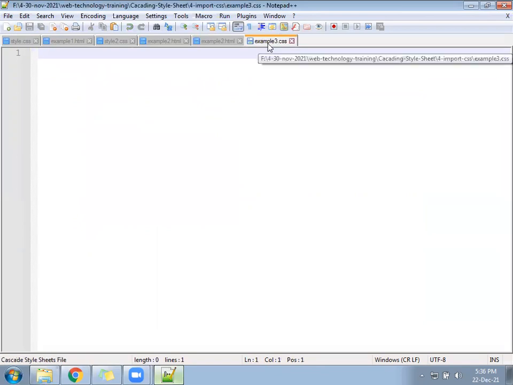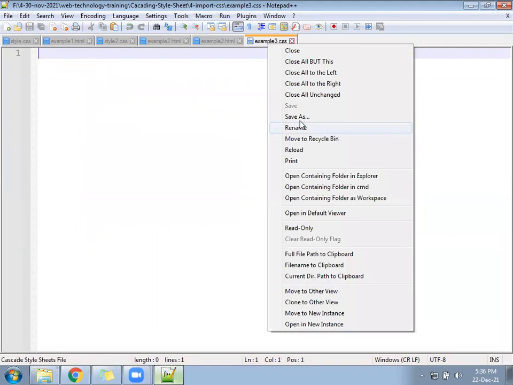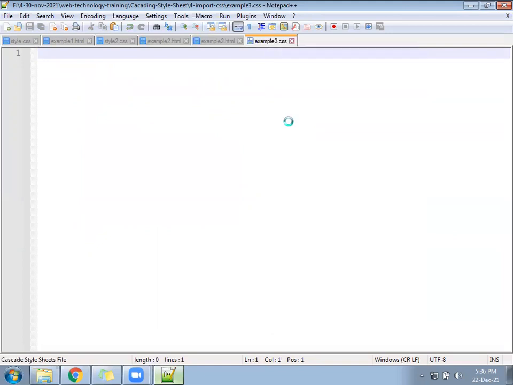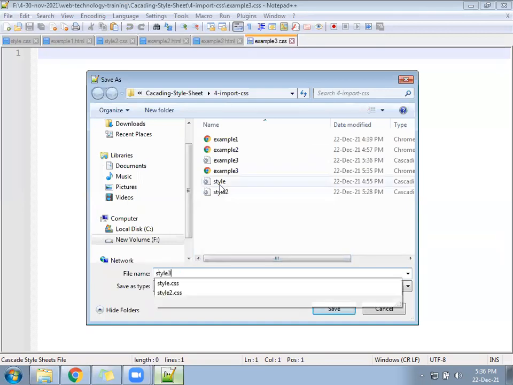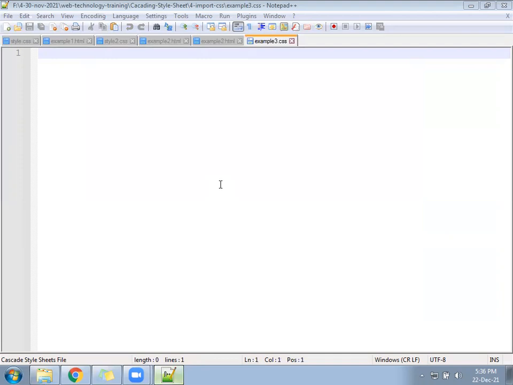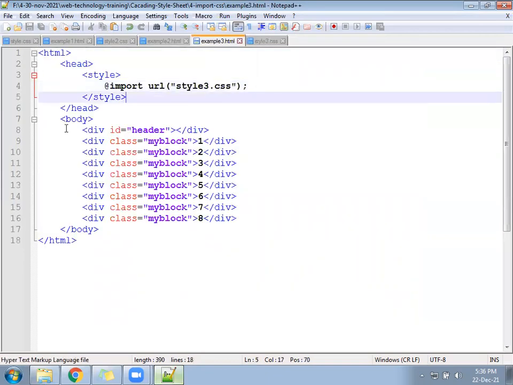It should be style3.css. Okay, style3.css. Come inside this file.